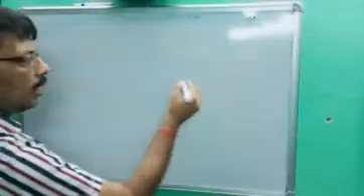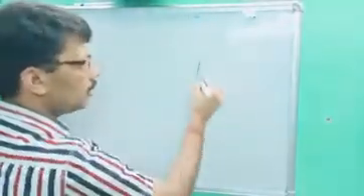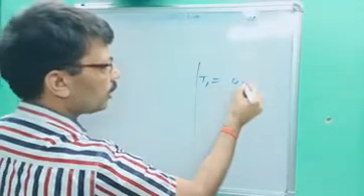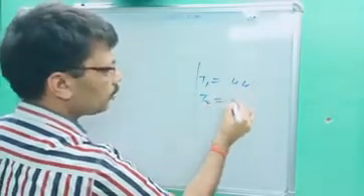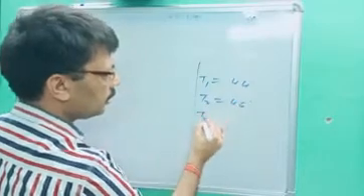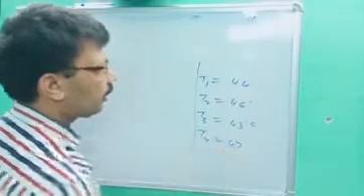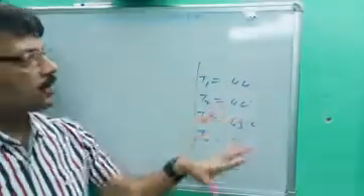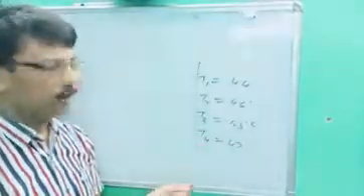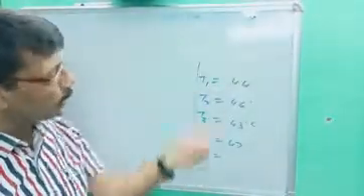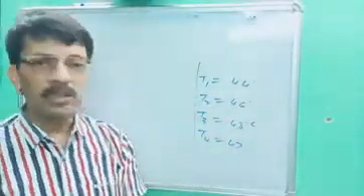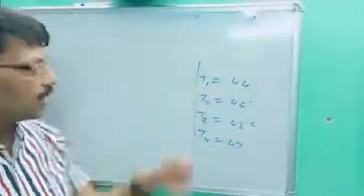Now see the example. Let's suppose I ask you to go and measure the temperature of the SGS open ground, and I send 4 students, and they got the values on summer days. Let's suppose the first got T1 is equal to 44 degrees Celsius, T2 got 46 degrees Celsius, T3 got 43 degrees Celsius, and T4 got 47. All are getting different temperatures.